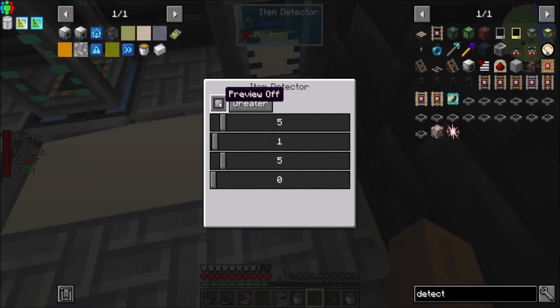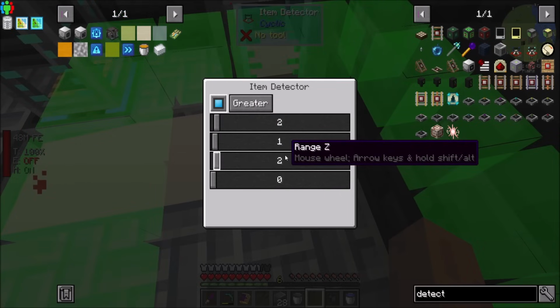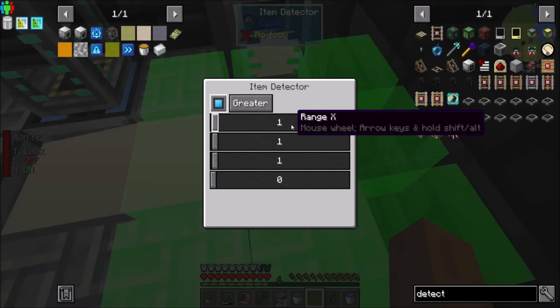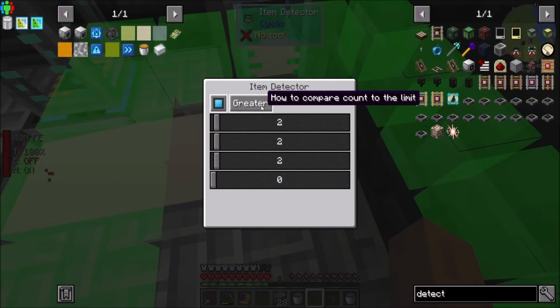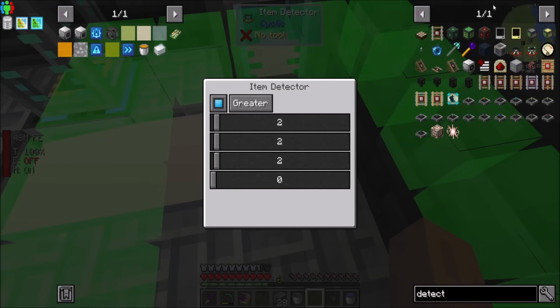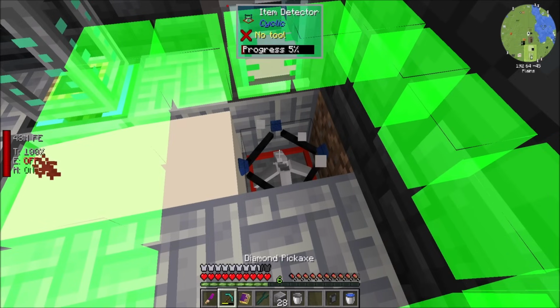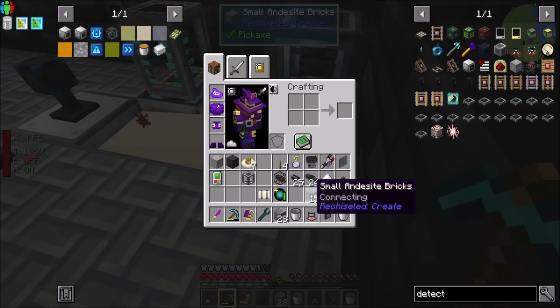So, how to compare the limit. Preview off. So we can, like, specify the range, right? That looks pretty cool. Limit, 0 greater. So I don't see a filter for it, though. Item detector. I'd really like a filter to be able to say, like, I want sugar to be detected here. But do we need that? Trying to think, like, what are the situations where there might be an item in this area? I don't know. And since we can make it, like, a decent size, maybe what I do